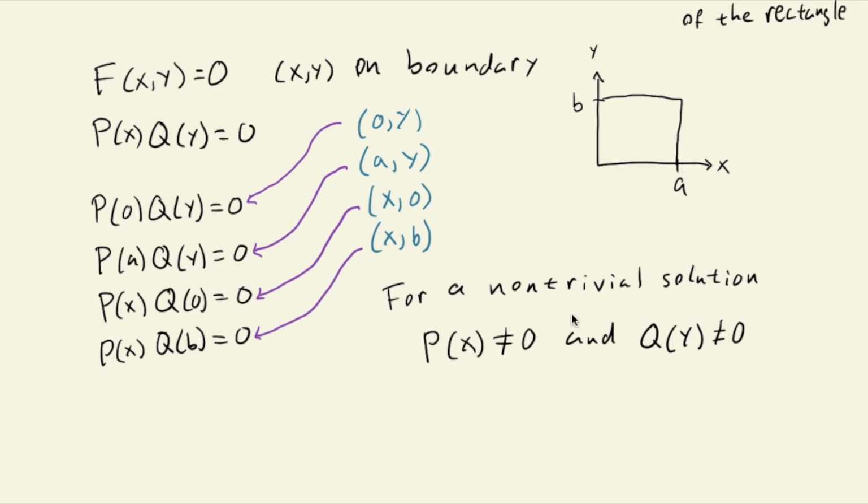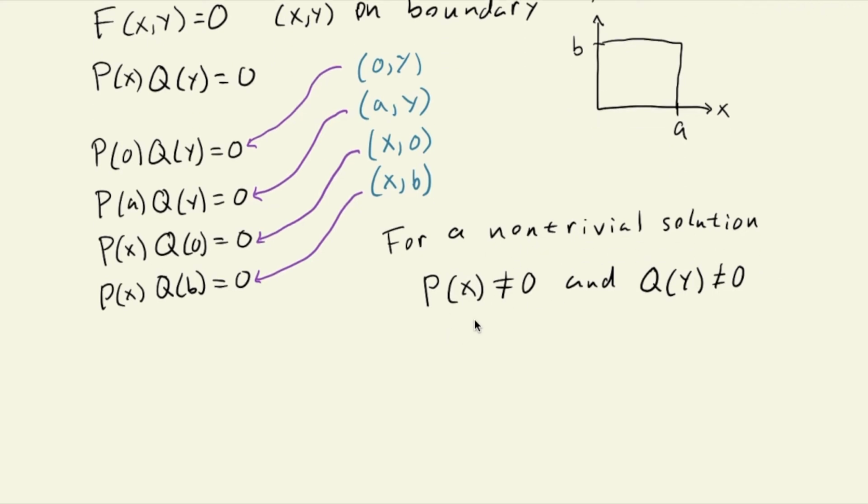Because if one of them is the zero function, meaning it assigns the value 0 no matter what the variable is, then the function f is going to be equal to 0, because it's just a product of these two things. If the function f is equal to 0, then the function u is 0 because u is g times f. And so we found the trivial solution, right? So for a non-trivial solution, we can assume that these functions are not the zero functions,